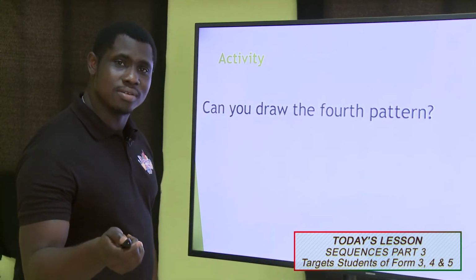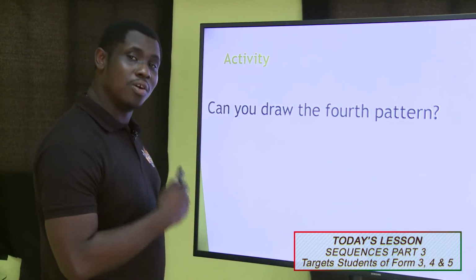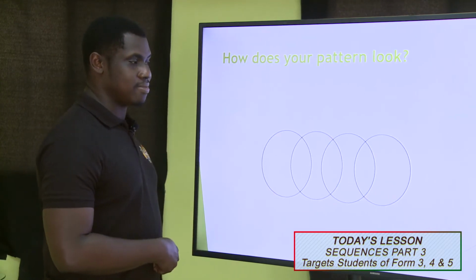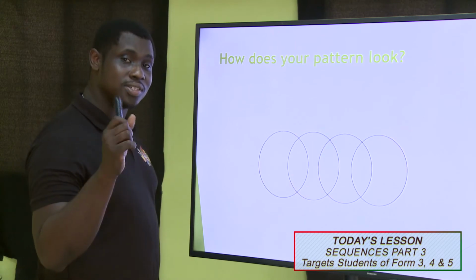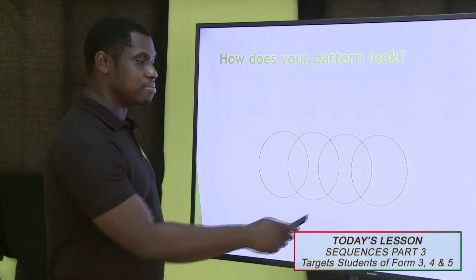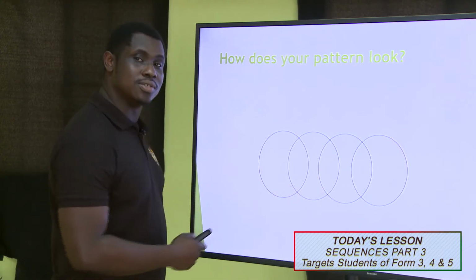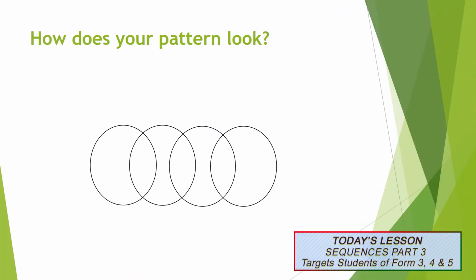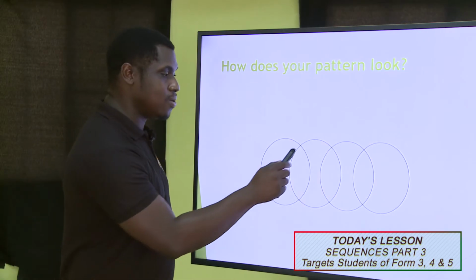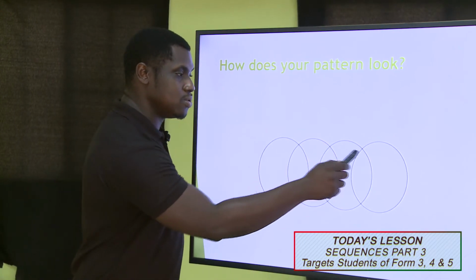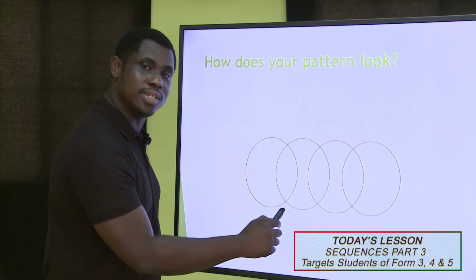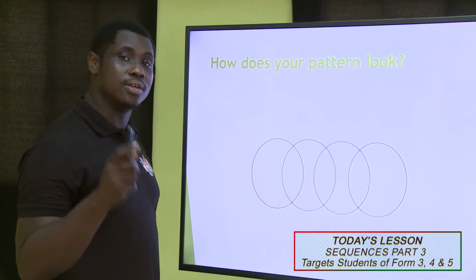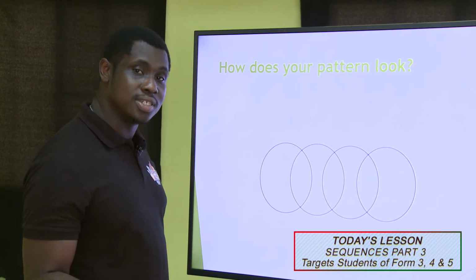How did your pattern look? Let's take a look at how mine looked. This is the pattern that I got when Tock took his 4th circle and put it together with the first 3 circles. Now let us look at this closely. We realize that lines meet at 1, 2, 3, 4, 5, 6 places. Therefore, there are 6 points of intersection